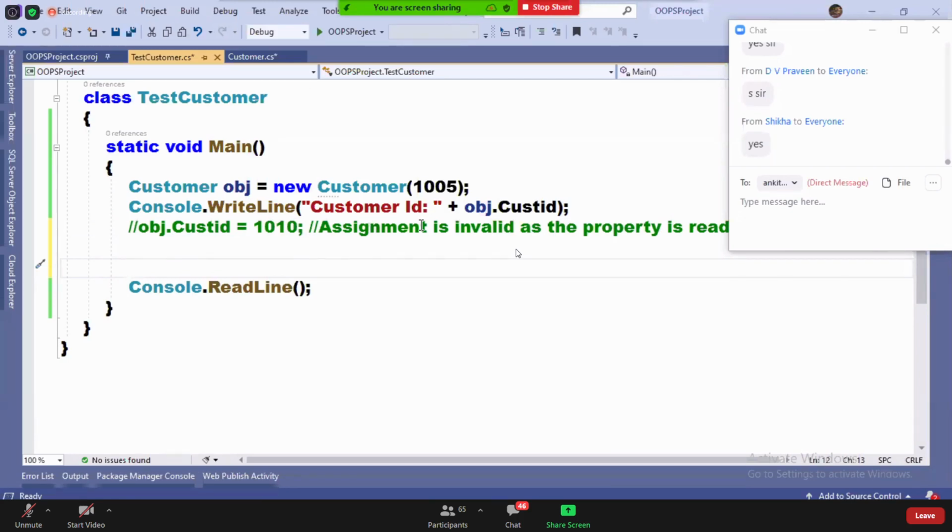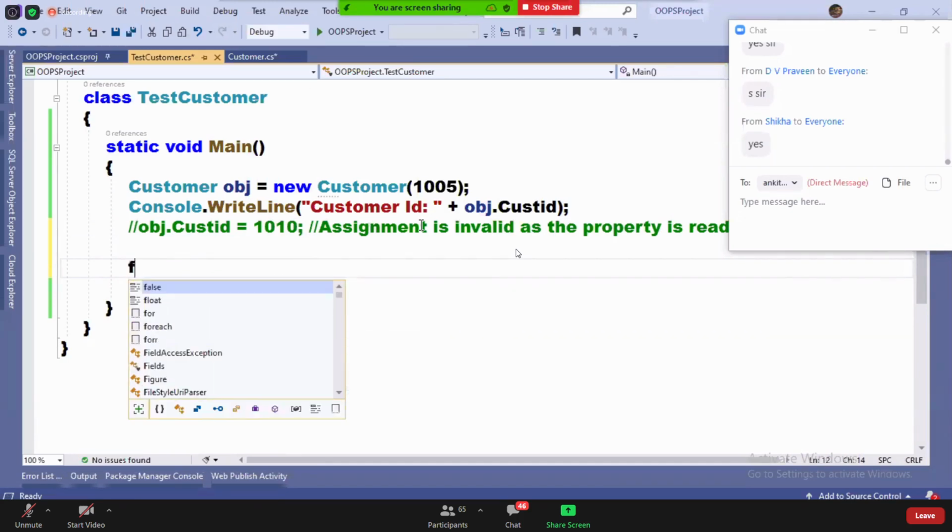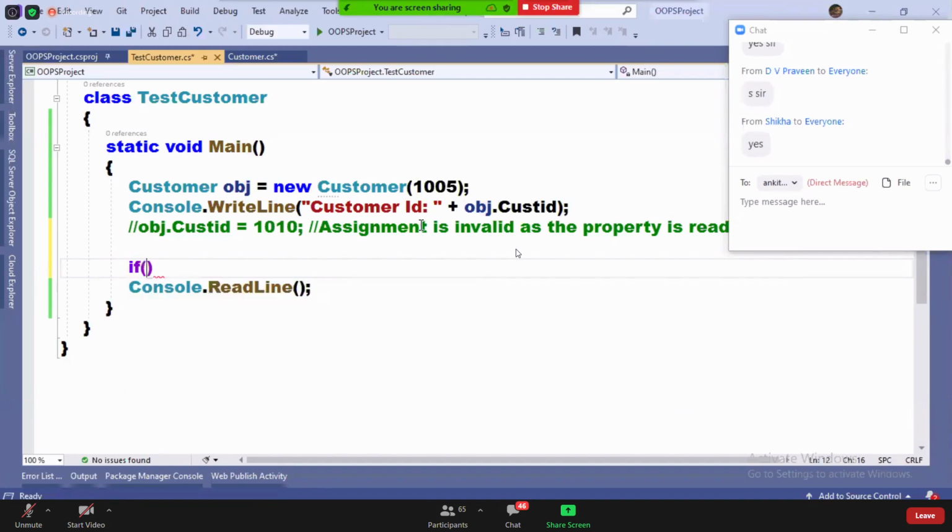Next, I'm writing if obj.status is equal to true, meaning the condition is true, right?